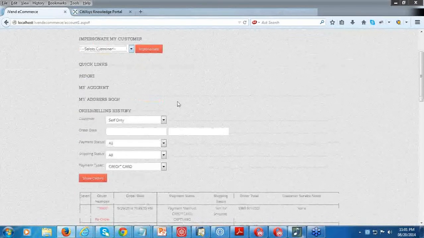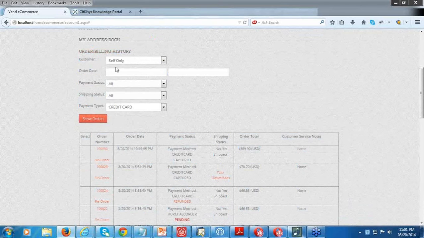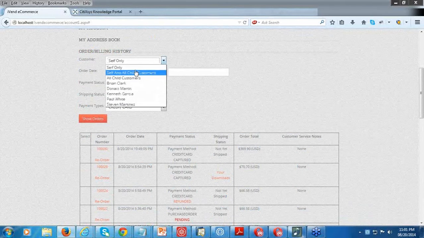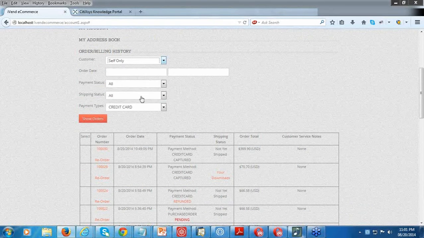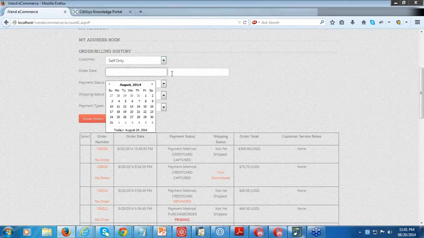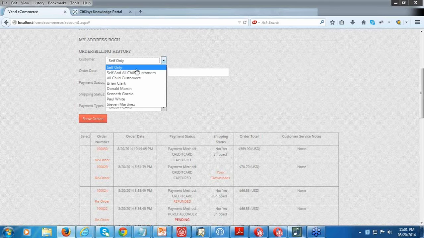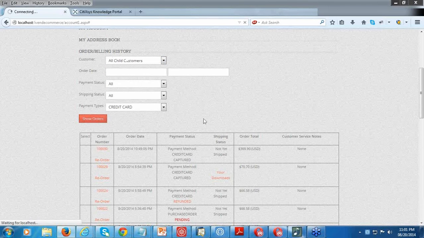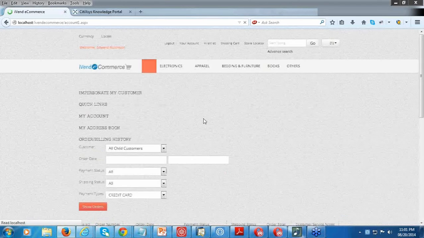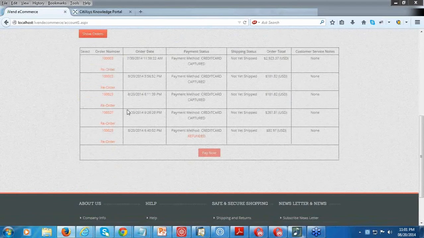So if I scroll down, I have an order billing history over here, wherein I can search. If I want to pay only for myself, I can do so. I can do it for self and all child customers, and individual child customers as well. I can select, and then I can provide a date also, and then accordingly do the search, with the payment status, shipping status, payment types. With all this, when I click on show orders, for example, I say all child customers, click on show orders, it will show the orders